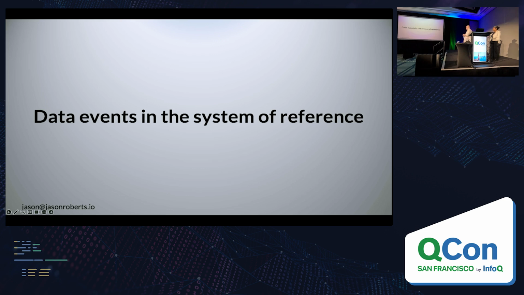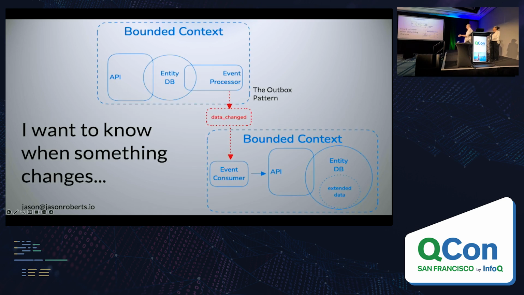because each of those bounded contexts owns its data and is the semi-authoritative source of it, there might be other bounded contexts that are interested in knowing when that changed. So it's bounded context to bounded context so that there can be coordination around it. And this is what that looks like.